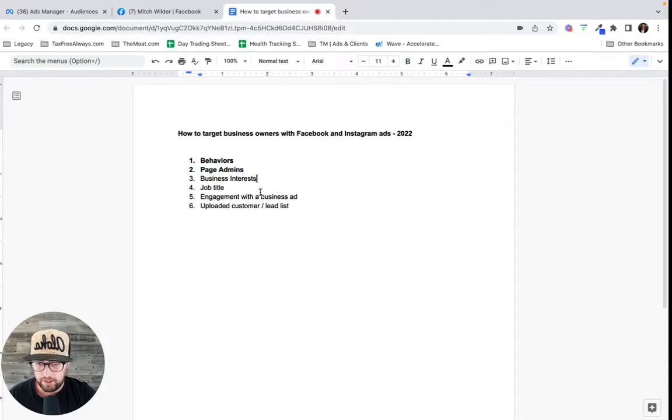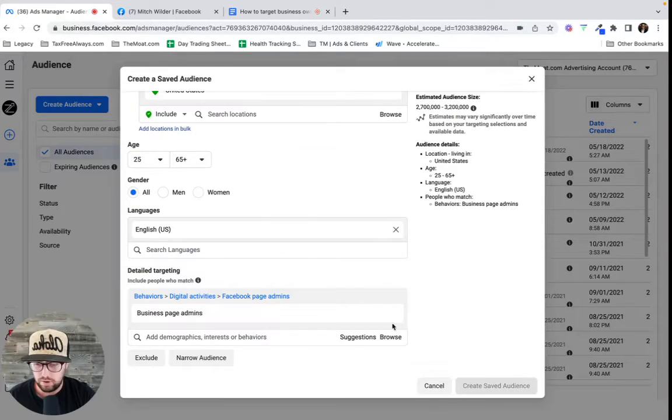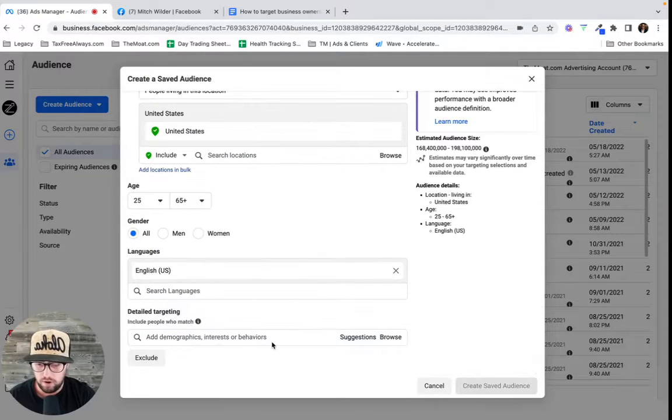Now let's look at interests. Okay. This one can get a little bit more broad. And so what you can do is you can come in here and say, okay, what are things that business owners are interested in? You could spend a little bit of time on this. You could say, business owners are interested in hiring.